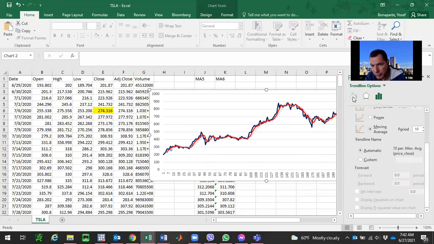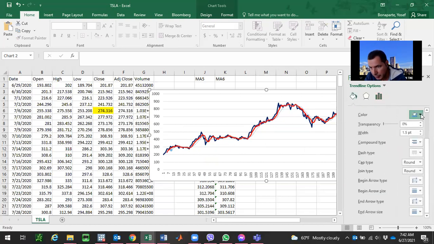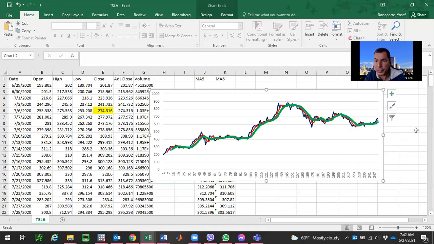And then you can pick the color, maybe green. Let's pick a green color. And let's make it a straight line. And let's make it big so we can see it. Make it bigger. There we go. So also moving average, you can do it with Excel, with the trend line, and you can see it's more smooth